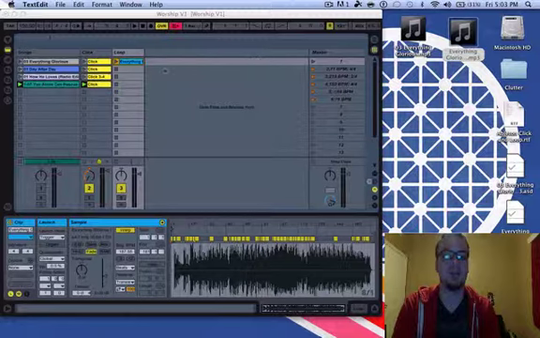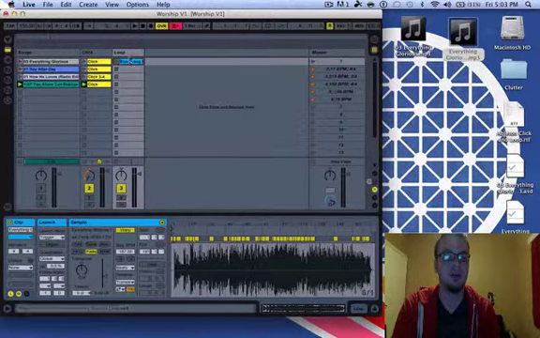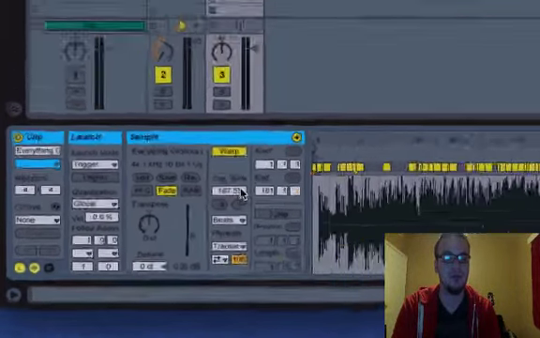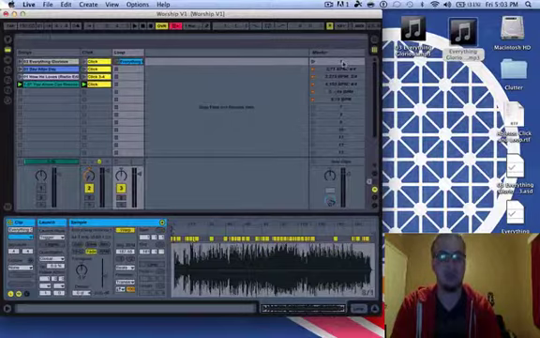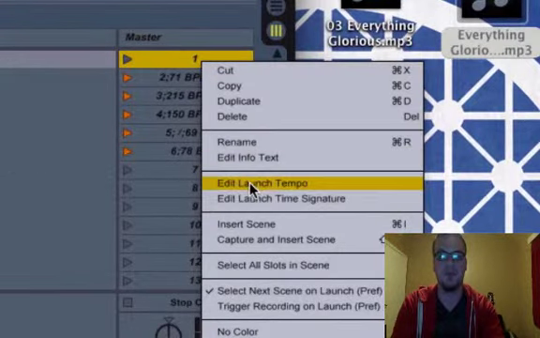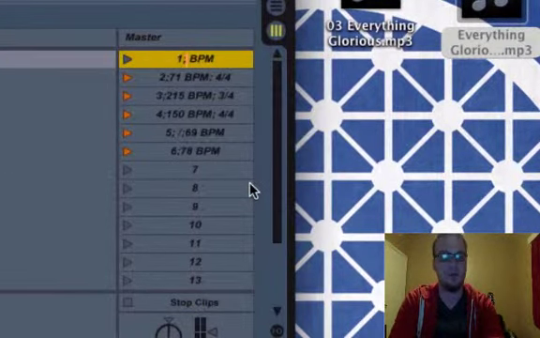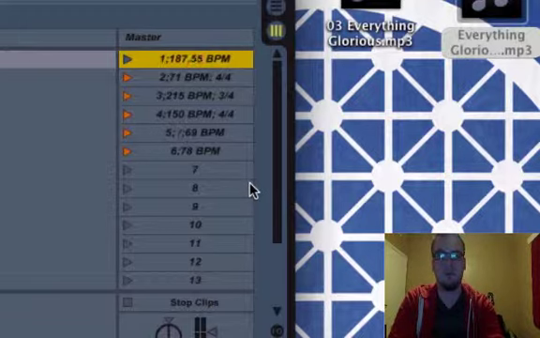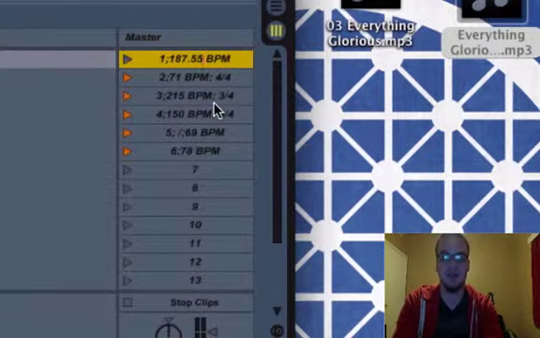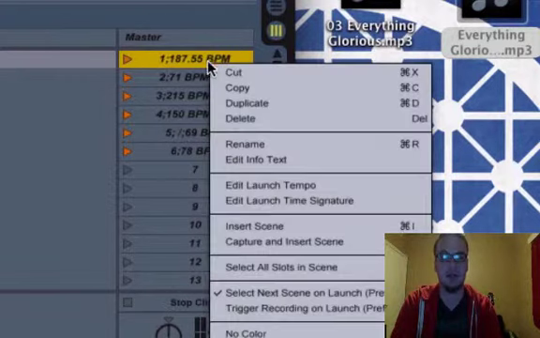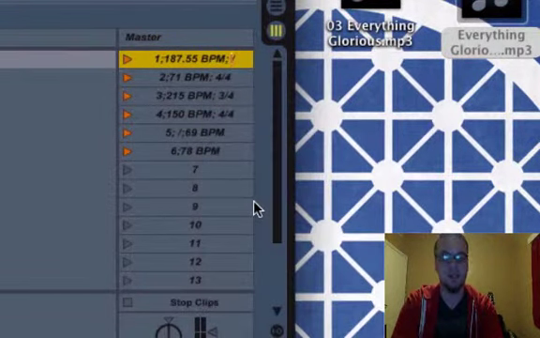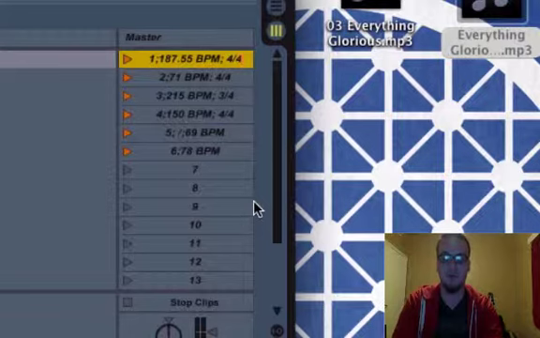So what we're going to do is to get the BPM for this song, you're always going to want it to be the BPM of whatever the loop is. So if you'll double click on this guy right here, you'll see that is 187.55, and you're going to want to right click right here and edit launch tempo 187.55, and then click enter. And then if you right click it again, you can set the time signature as 4/4,